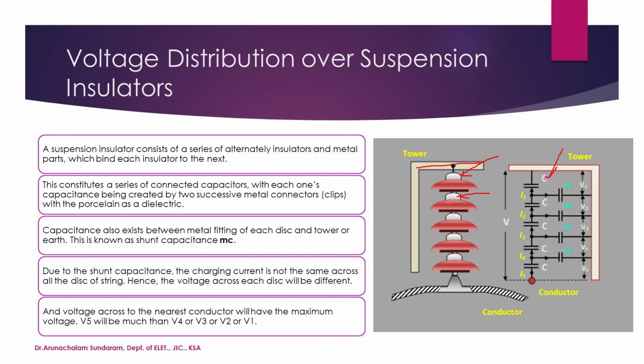Same way here, how many units are here? 1, 2, 3, 4, so you have 5 capacitances here. This one is an insulator, this one is a conductor, and again air is an insulator. So if you see that, it becomes a series of capacitors. Now remember, this tower is also metal and this is also metal, so in between we have air. Here we have air, so this is also a capacitance. It becomes a connection of series and shunt capacitance.